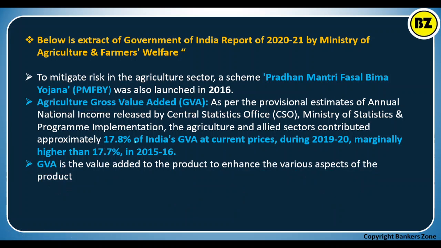What is the contribution of agriculture? It is around 17%. And who collects the data? That also you have to remember: the CSO, Central Statistical Office, which comes under the Ministry of Statistics and Programme Implementation. Okay, now